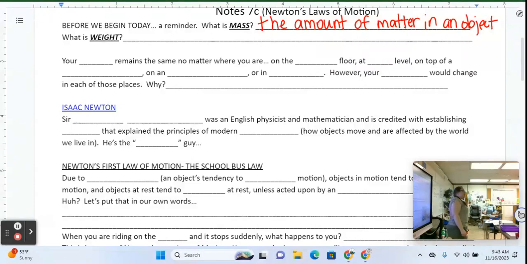Okay, we just talked about the fact that your mass stays the same no matter where you go, but the weight changes. So what is weight then? Okay, all right, well, think about what I told you about the weight differences, that your mass is the same on Earth and on the moon, but your weight is different. So then what's the difference between on Earth and the moon? What are the two things that are different there? The amount of